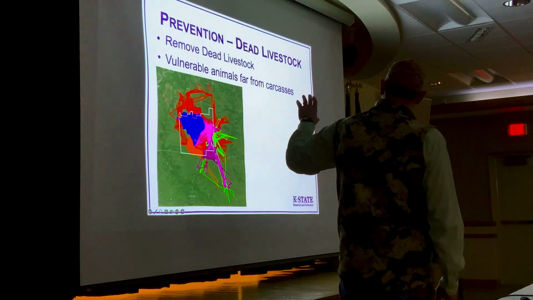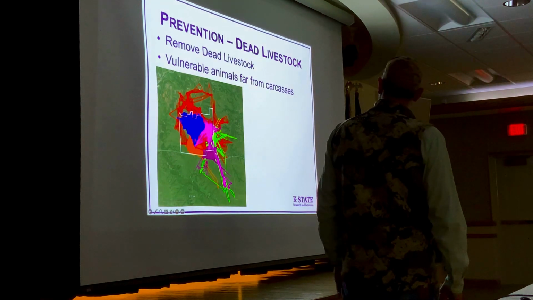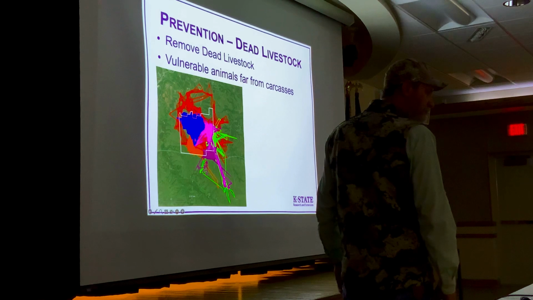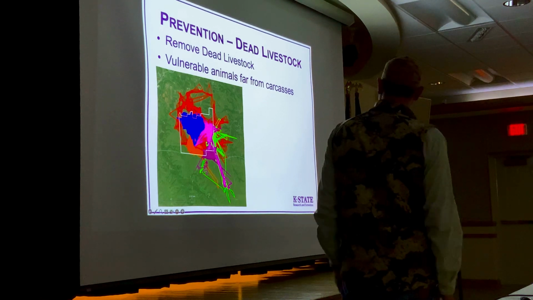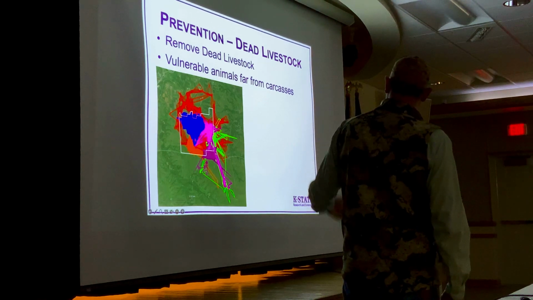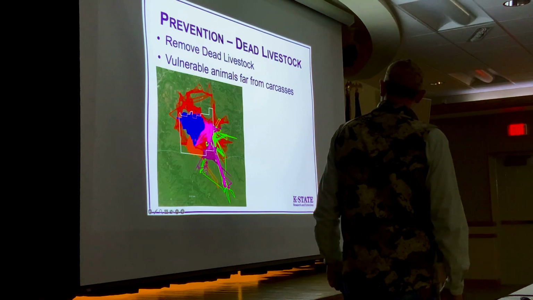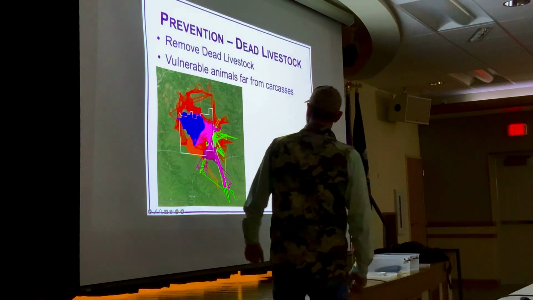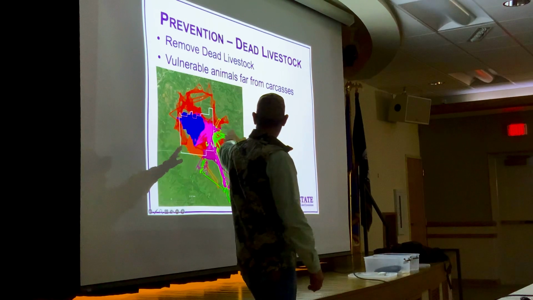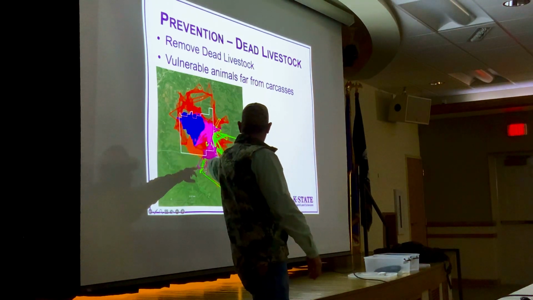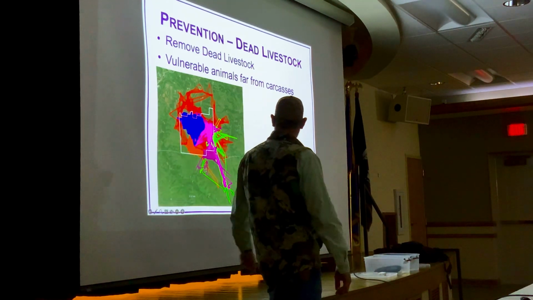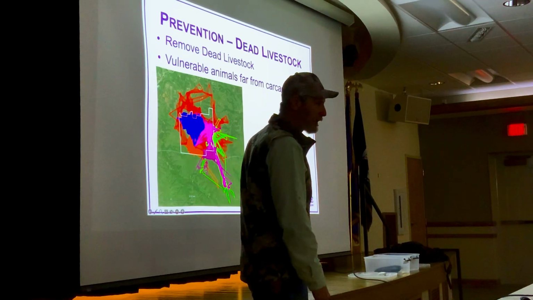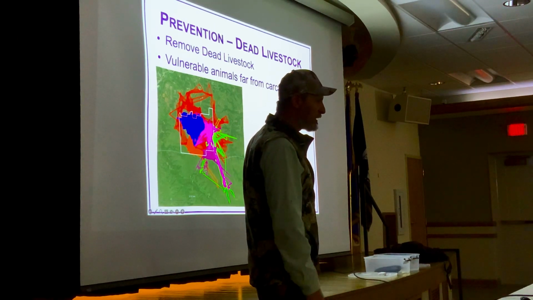This is one thing that a lot of people underestimate: dealing with dead livestock, getting them away from where you're calving. These are coyotes that I had GPS collars on over by Manhattan. Each color is a different coyote. We got these points where lots of colors come together in the same spots on the landscape. Any idea what those spots might be?